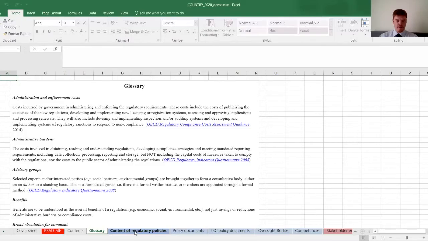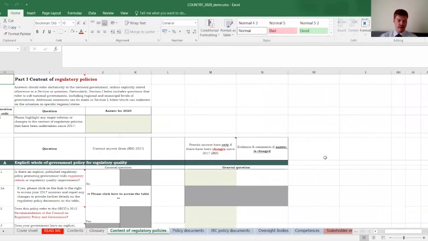So if I move to the first substantive sheet, the content of regulatory policies, the first thing to note is that we have already pre-filled your information based on the last survey, iREG 2017. In this case, we're talking about a general question. So those answers have been pre-filled in column J for you, wherever the information existed from the last edition of